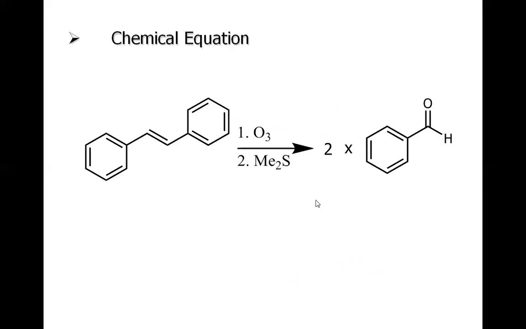Question 2 was based on the completion of the reaction and then drawing its mechanism. So we know that once the ozonolysis is done, followed by the neutral workup, we have the cleavage of carbon double bond carbon, and we will have the aldehyde, this benzaldehyde here on the left hand side, and also benzaldehyde on the right hand side. So overall, we have two equivalents of benzaldehyde.